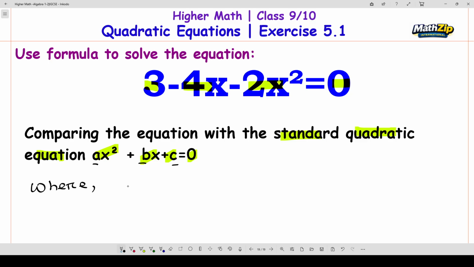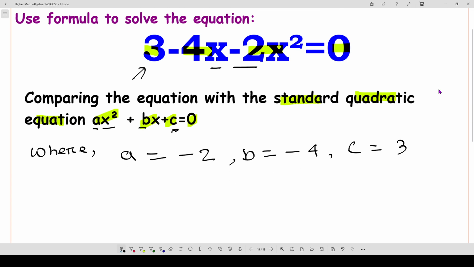Here a is the coefficient of x², which is minus 2. Then b is the coefficient of x, so it's minus 4. And finally c is the constant, which is 3. Okay, so